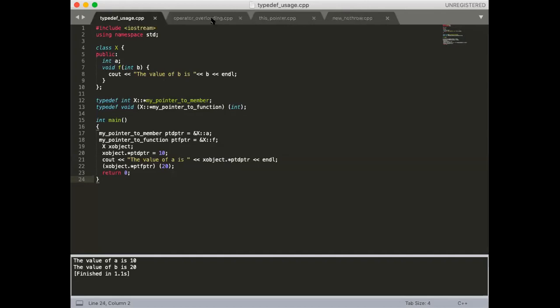Before I go to this part, there was अभी एक क्वेश्चन था. Anyway, so